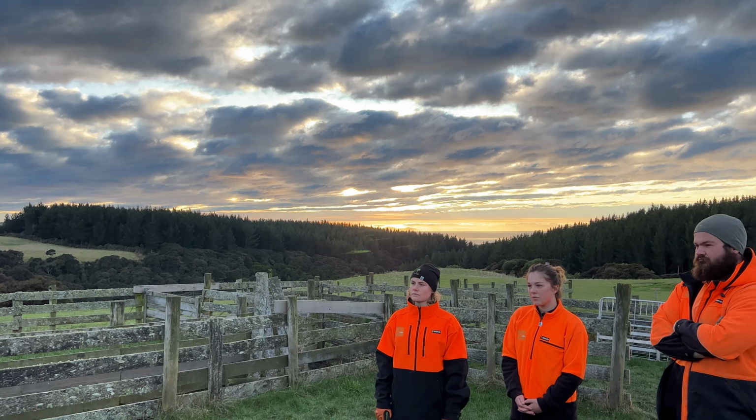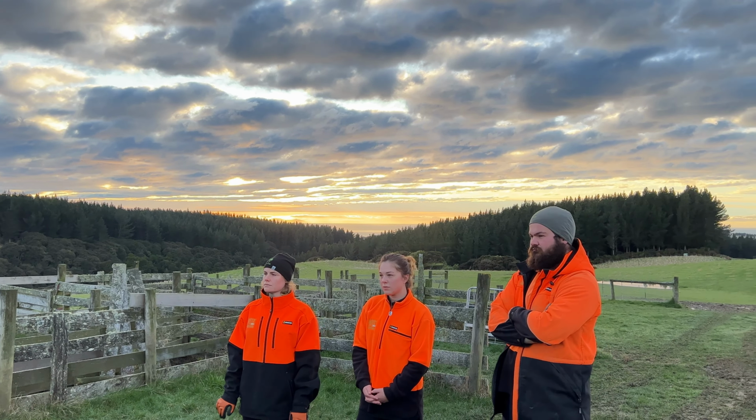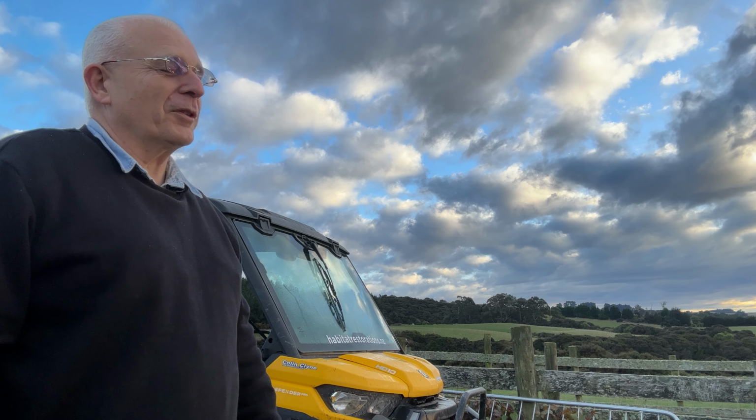So thank you very much for coming on site for these next few weeks. This is the first third that we're going to be planting. We've got 2 other thirds to go. We'll have about 19,000 nurse trees in the ground, and that'll be followed up with about 20,000 Kauri over the next few years, and hopefully with